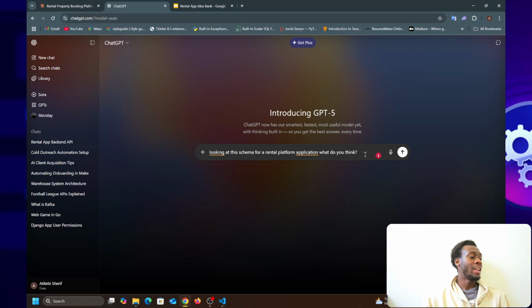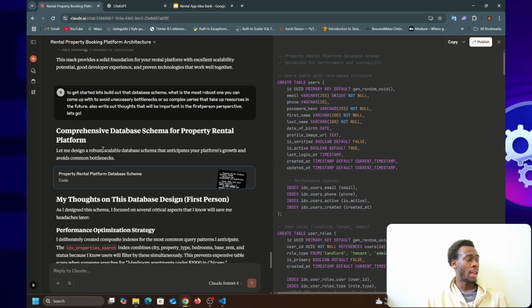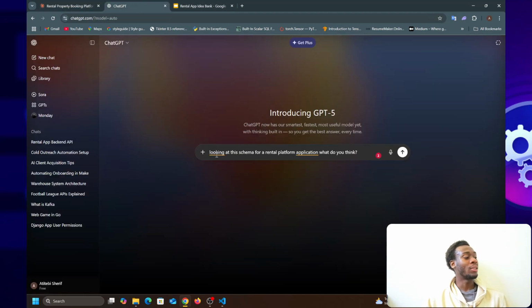But hey, let's see if GPT-5 is what they hype. In my honest opinion, I don't think it is, but you know. The way I started this project is I asked Claude for a schema, a comprehensive database schema, which is basically the data my platform will be using. It gave me a comprehensive list. I've gone through it and understood what it is: timestamp, boolean. So I'm going to be copy and pasting the schema into GPT-5 and asking what it thinks. So here we go.